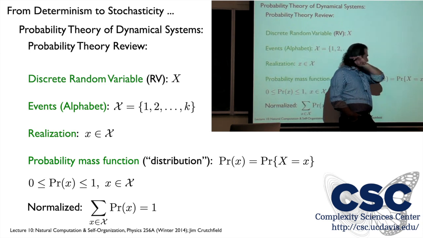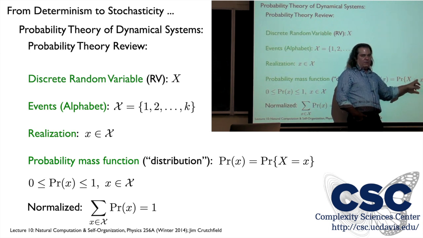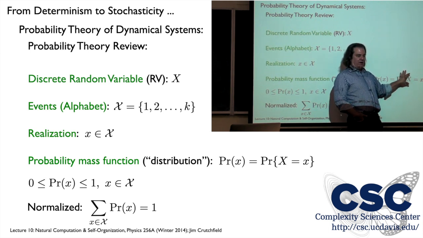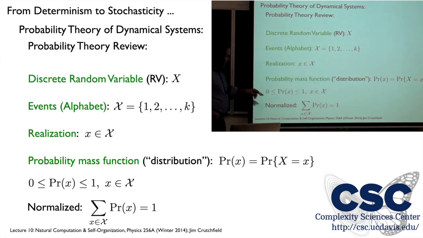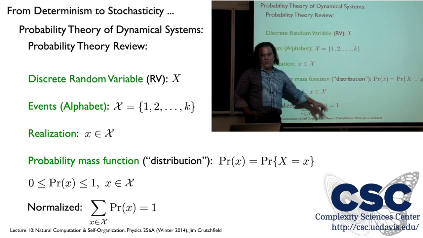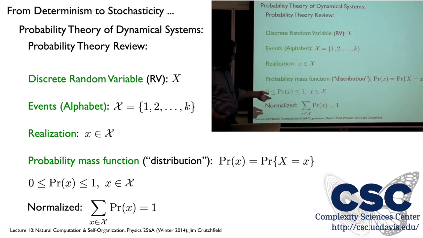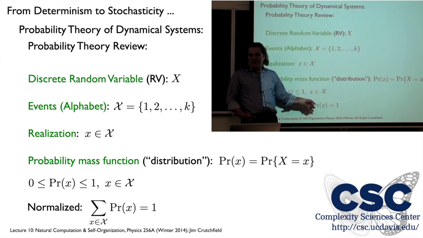And you'll see in some probability theory texts, in some contexts, especially in more mathematical settings, sometimes you actually have to write out this more verbose notation, the random variable taking on this value. But shorthand is fine for us. Now, what are these numbers? Well, they're between 0 and 1 inclusive for every event. And when you sum them up, they're normalized. Okay, that's fine. What does normalization mean? It means that something will always occur. Even if one thing and only one thing occurs, it must occur with probability 1. So that's what normalization means.